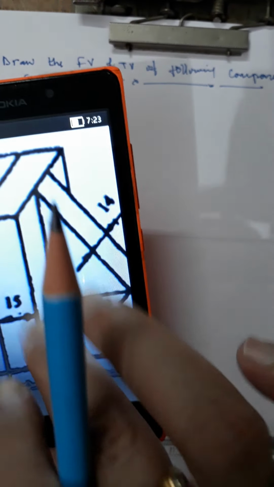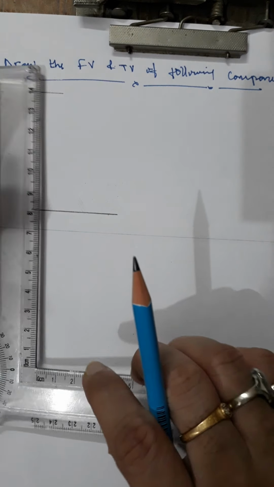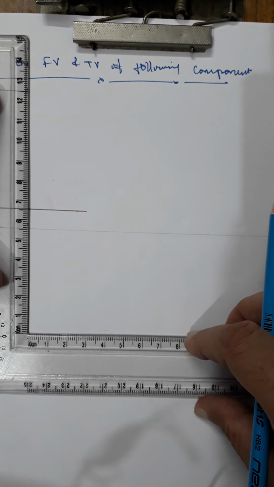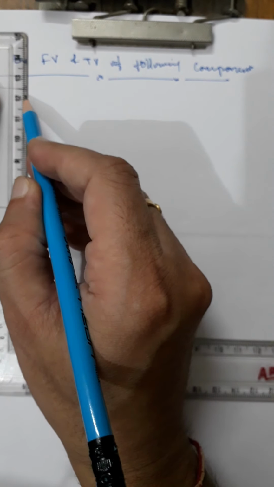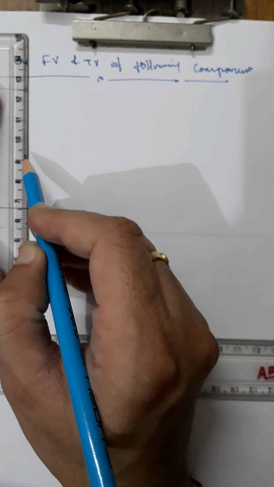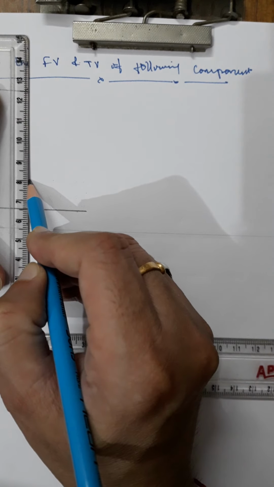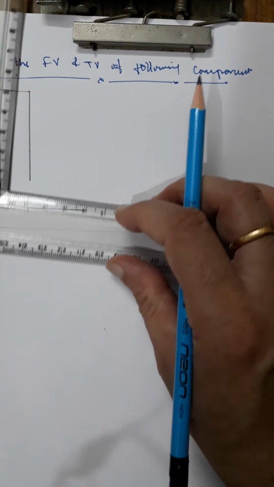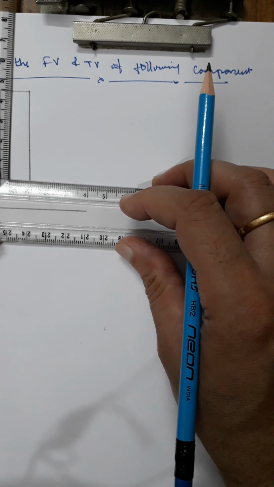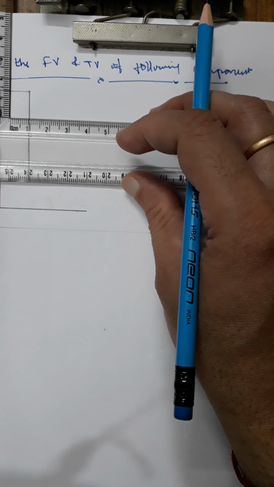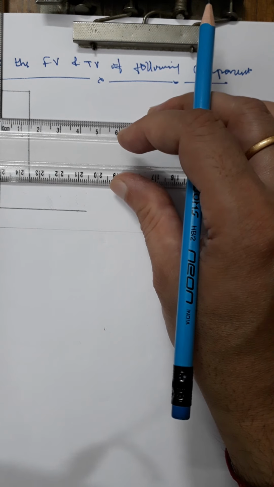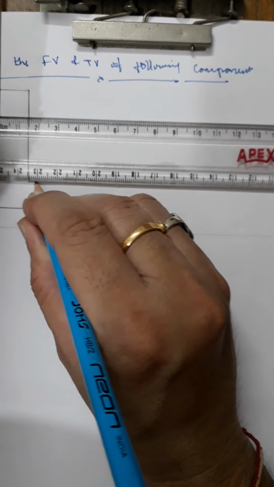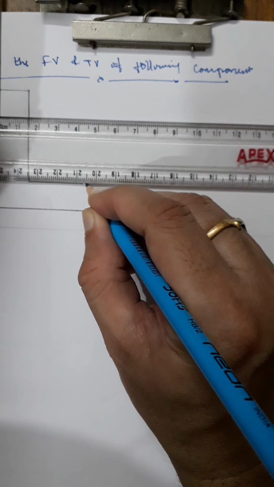Then this will be 45. Then you can mark 45 here. So it is 5, 15, 25, 35, 40. So this is 45, and then you can join this. Again this line is parallel to the base.